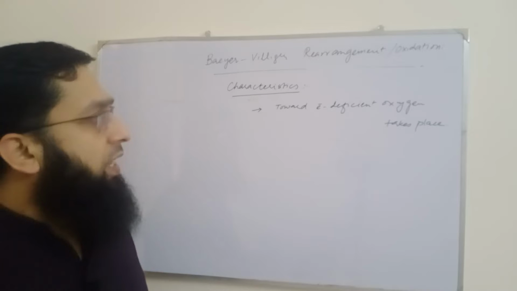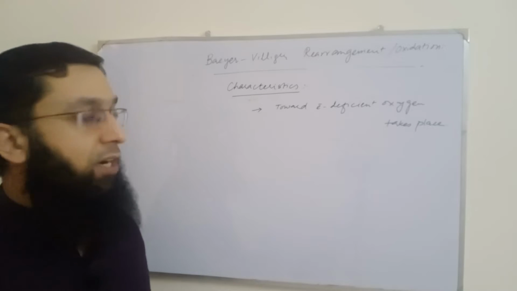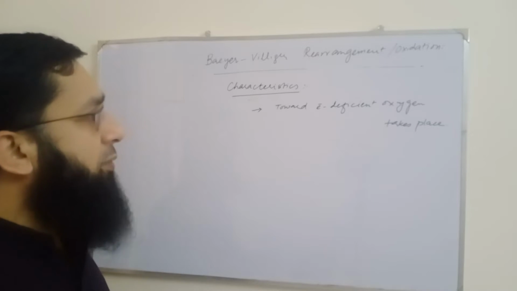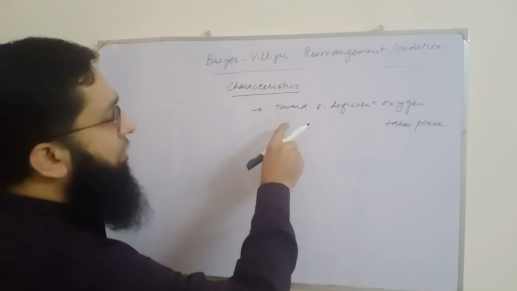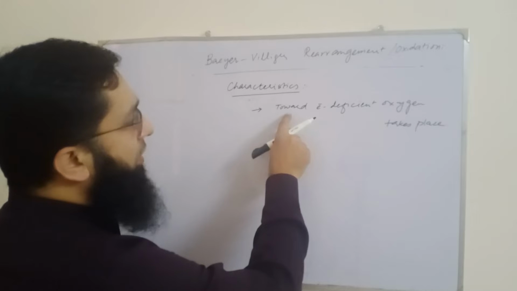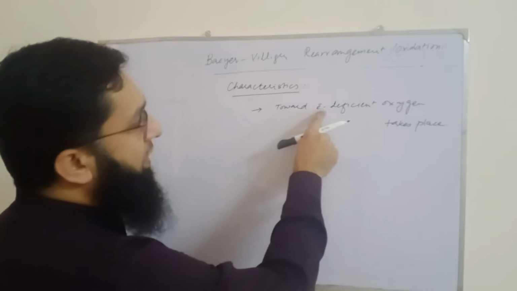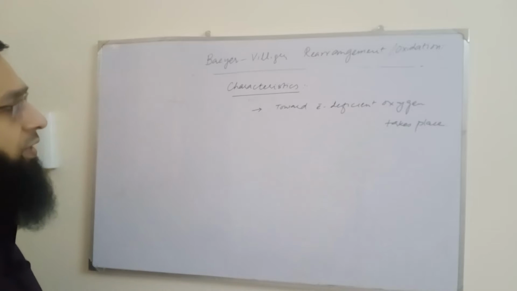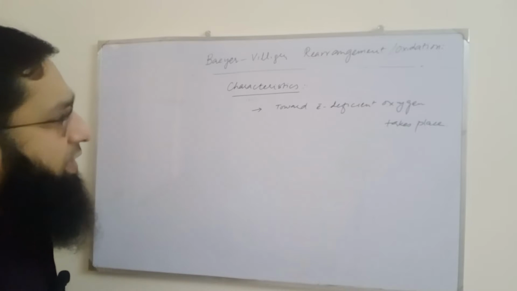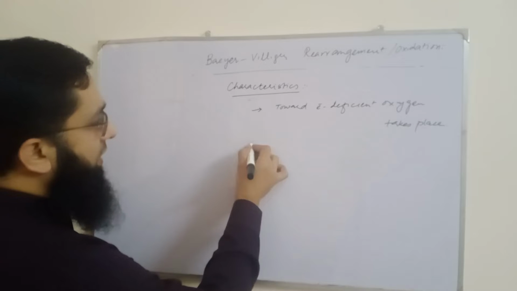So in that case, carbon was electron deficient, and migration towards electron deficient carbon took place. And in this case, we have seen that the migrating group takes the electron pair and migrates towards electron deficient oxygen. Second characteristic,